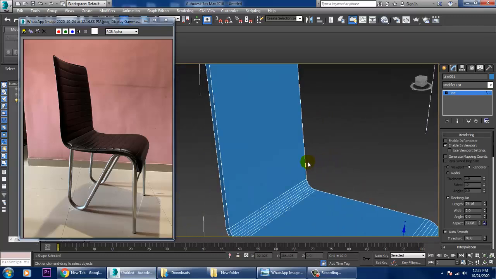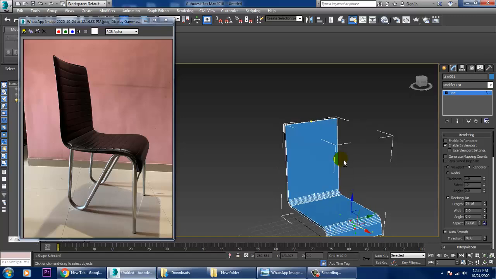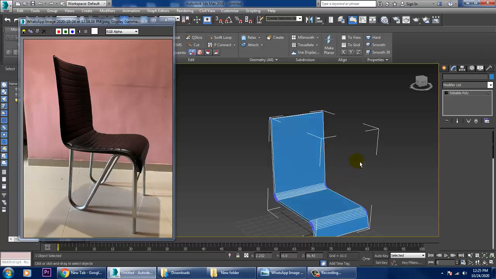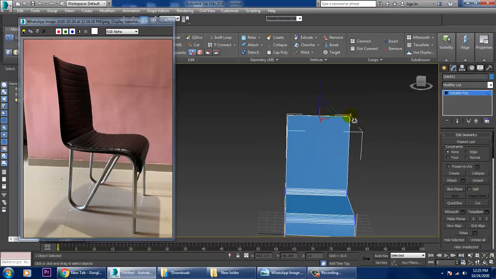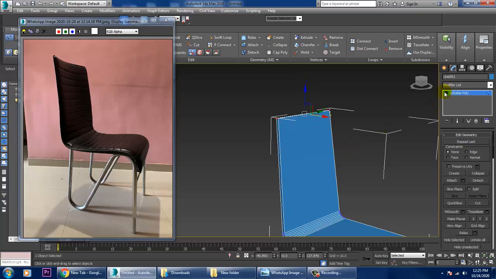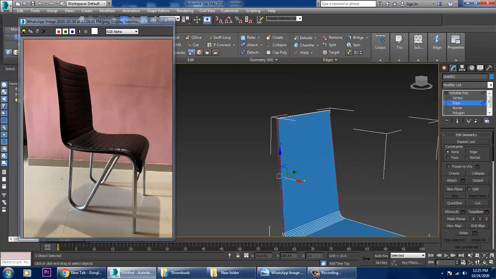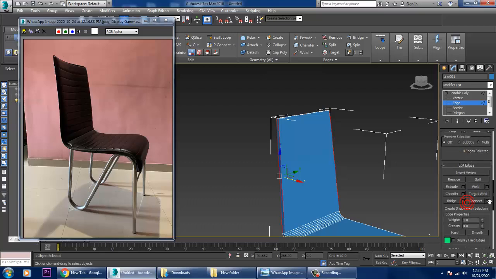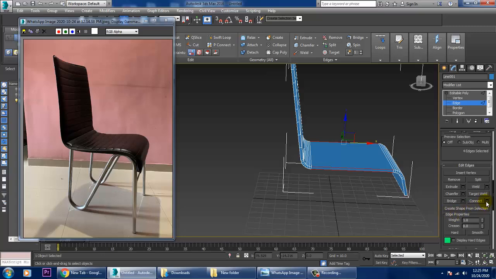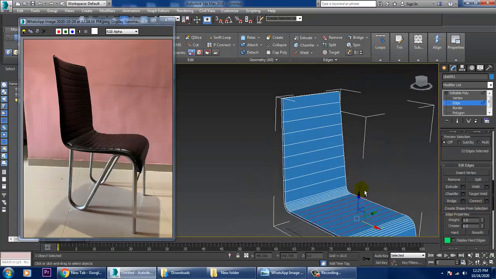After you're done with this, what I'll be doing over here is, very first of all, I'll just convert to editable poly, select the vertices, and slightly push it a bit inside over here. After doing this, the next part is, we'll go into this and give a bit of connects. We can give some multiple connects over here. After giving this multiple connects, let's select this edge and give this connects over here.